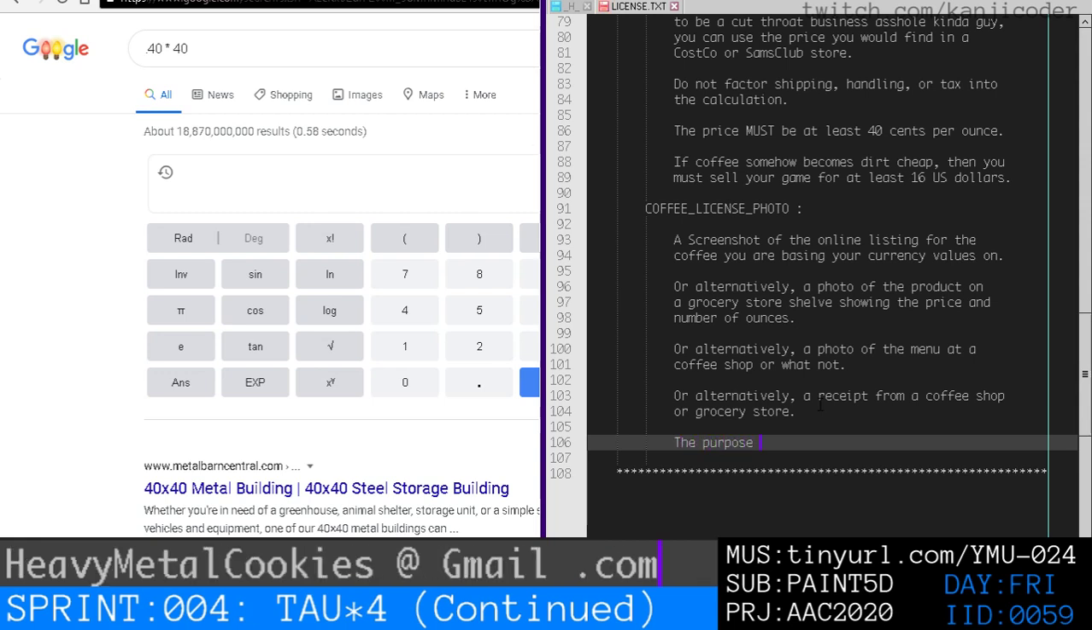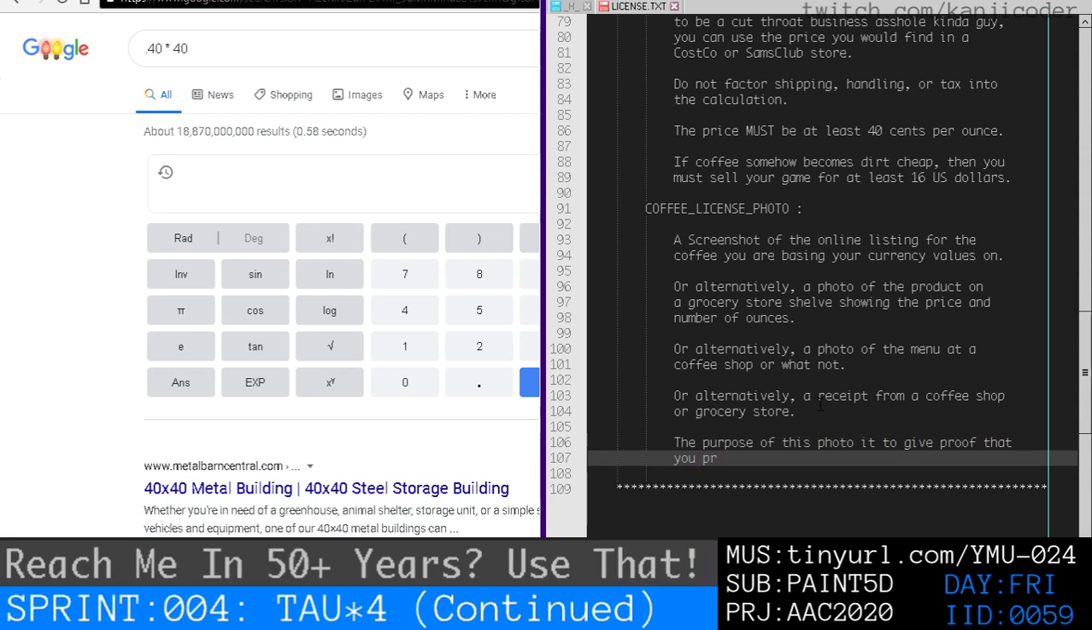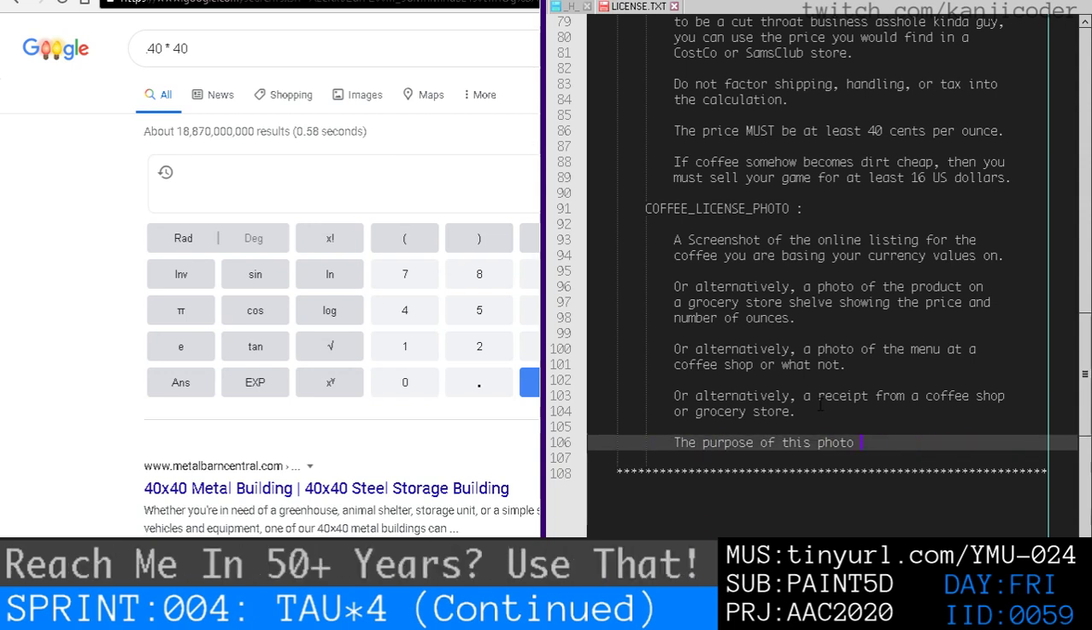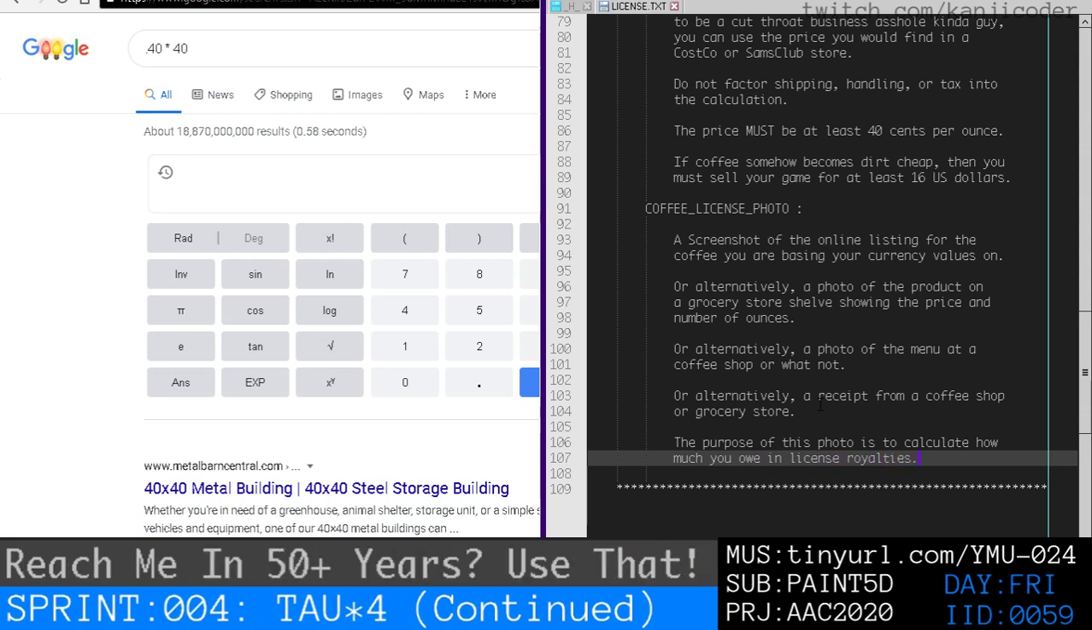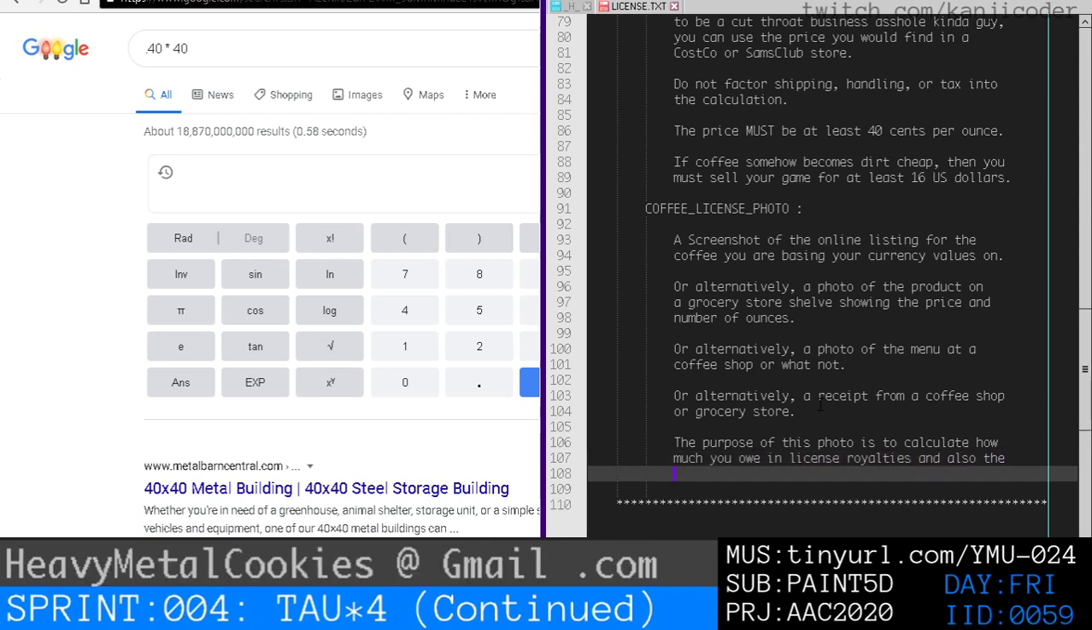The purpose of this photo is to give proof that you is to calculate how much you owe in license royalties. Royalties, and also the